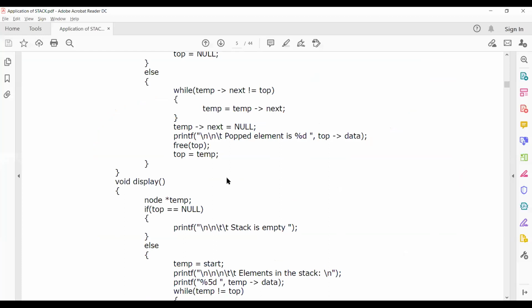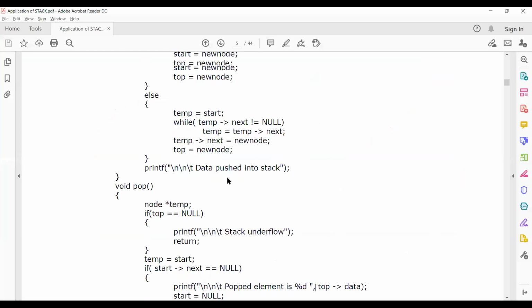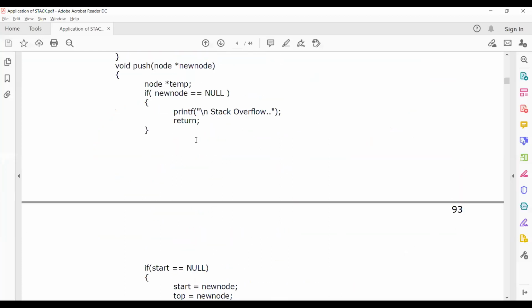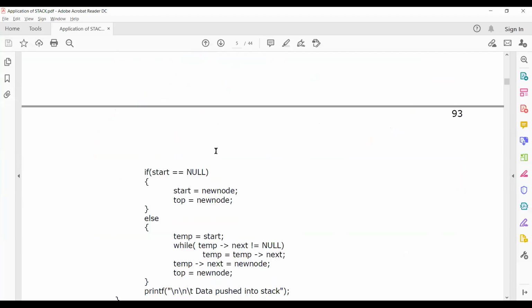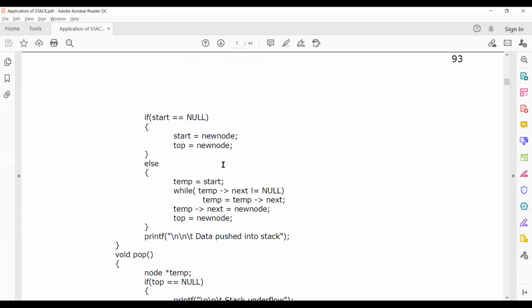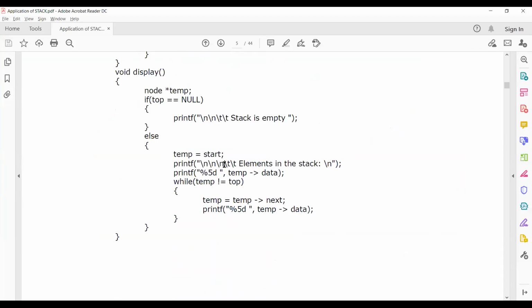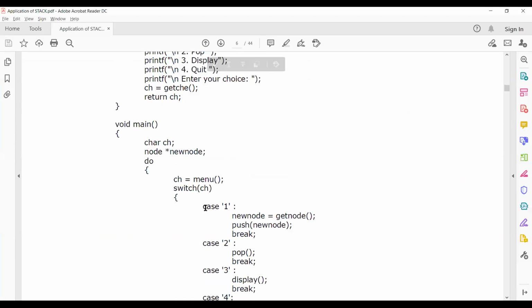We are seeing the push function part. I hope you are following me. Once I call the push function again, node 25 is already inserted. I'm calling the push function again with 1, so ch is nothing but 1. Case 1 is matched, so it is calling the get node function.